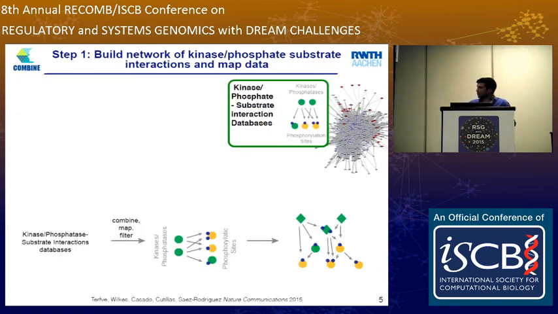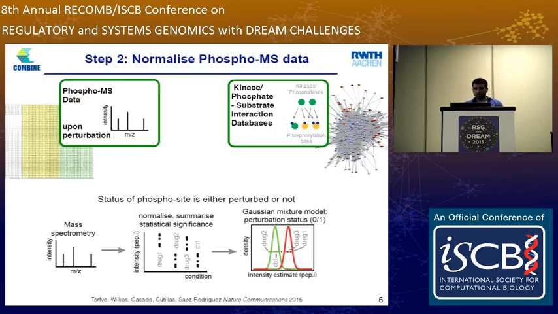So instead of this, what we decided to use as a scaffold of the protein network is a collection of information about which kinase phosphorylates which proteins, and also which phosphatase dephosphorylates which proteins. So this is information about relationships between kinases, phosphatases, and their underlying substrates, which are phosphorylation sites. And from this information, we build a large network. Then, if we have phosphoproteomic data obtained under different stimulatory conditions, we take this data from the experiments and do some simple statistical transformation to assess if the phosphorylation site is perturbed or not perturbed.